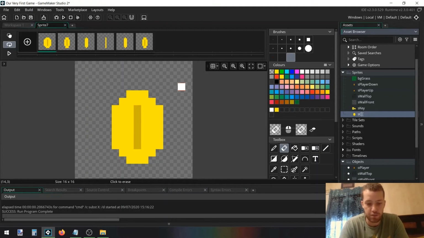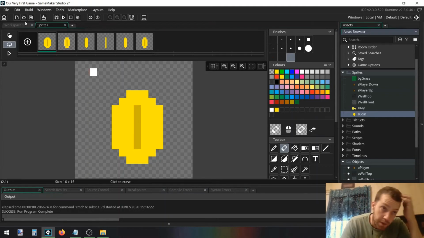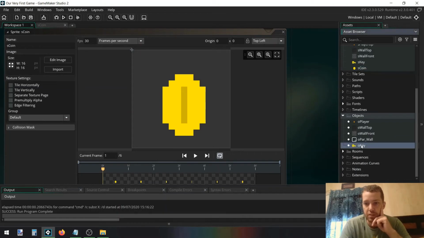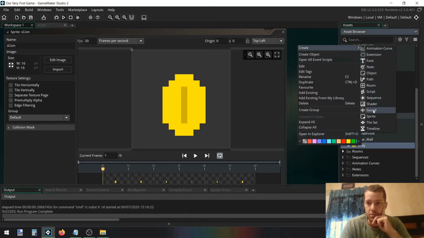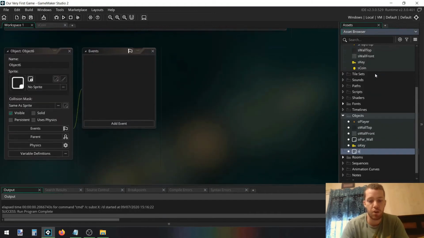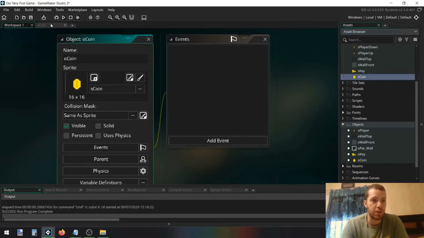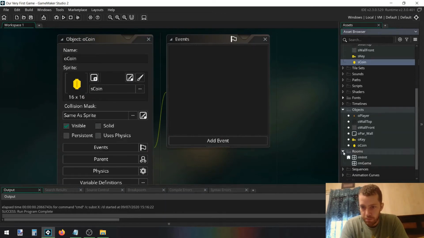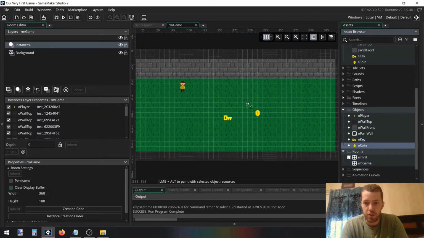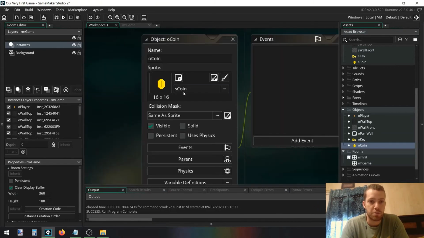Rename your sprite to S coin, and then we're going to create an object. Create object O coin, and we're going to drag our sprite over there. So now we've got our coin. We can go to the room and add a few coins. Room game. There we go. So now you can drag a couple coins in. There we go. And if you go back to your workspace here,